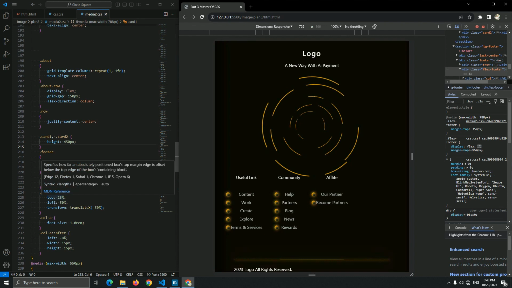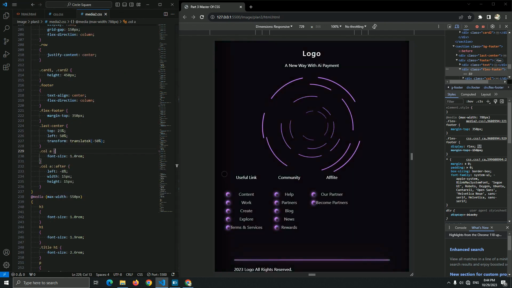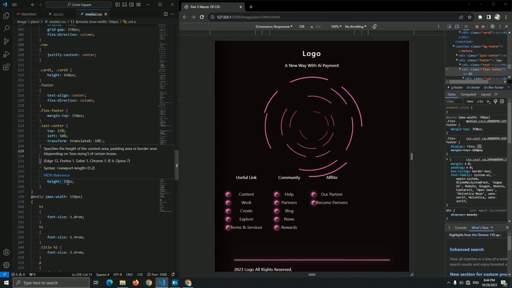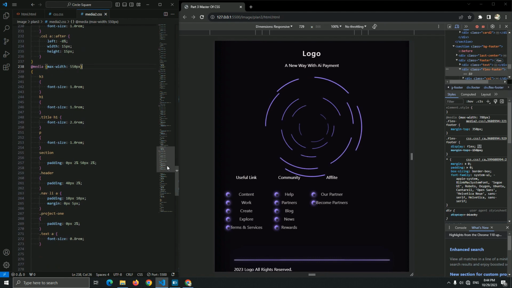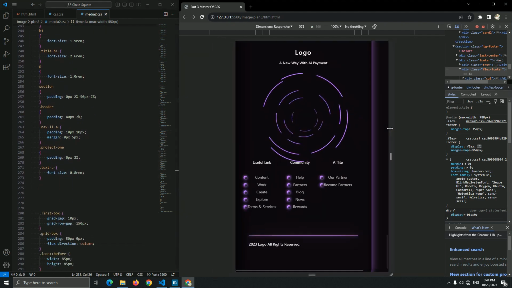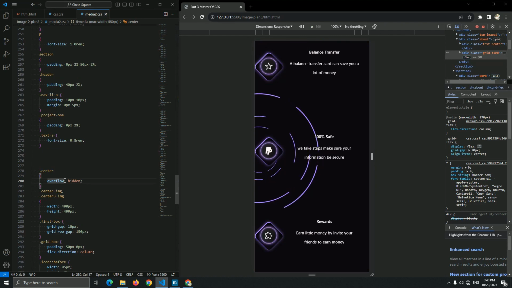And we add the last center to set a width, and the left be a center of this footer, left to 50%, and the transform translateX, everything looks fine. And we reset of this circle, as you can see it here, to 15 pixel, and this height 15 pixel. Yeah, I think everything looks fine. And the last media for this, okay,